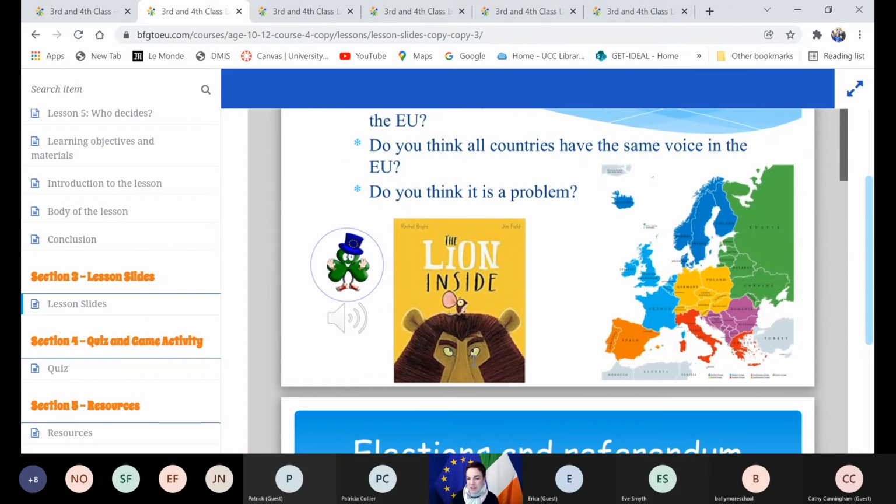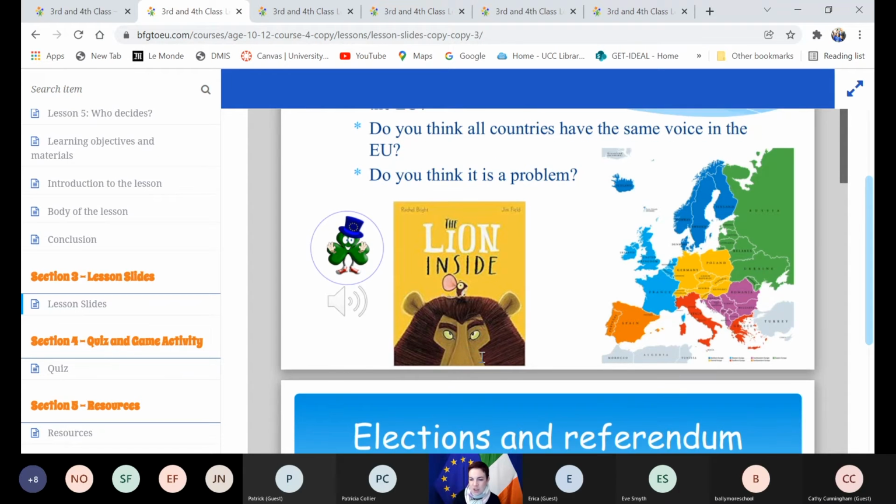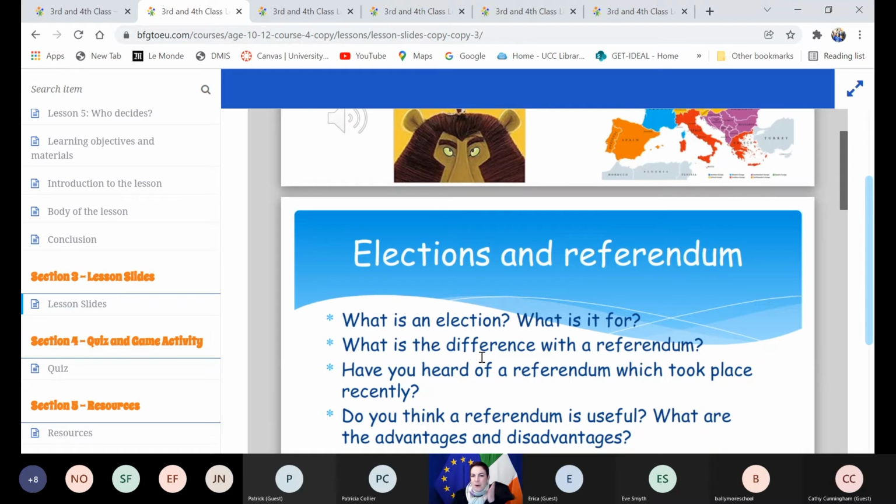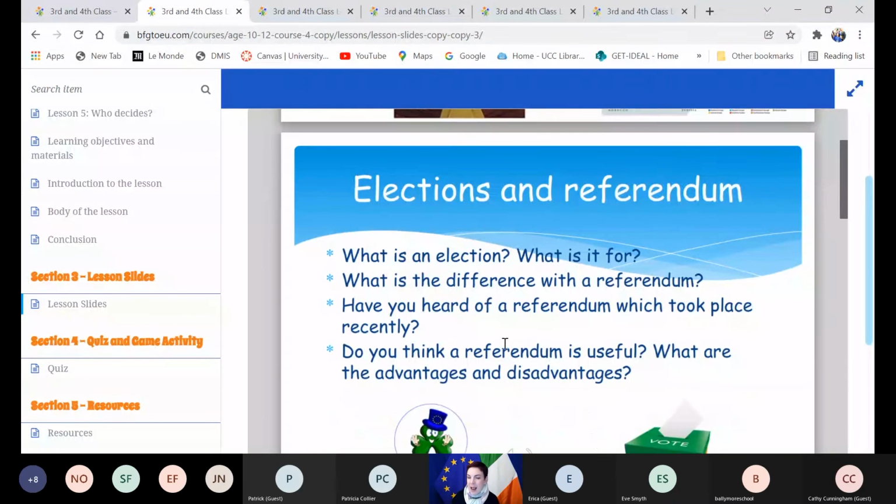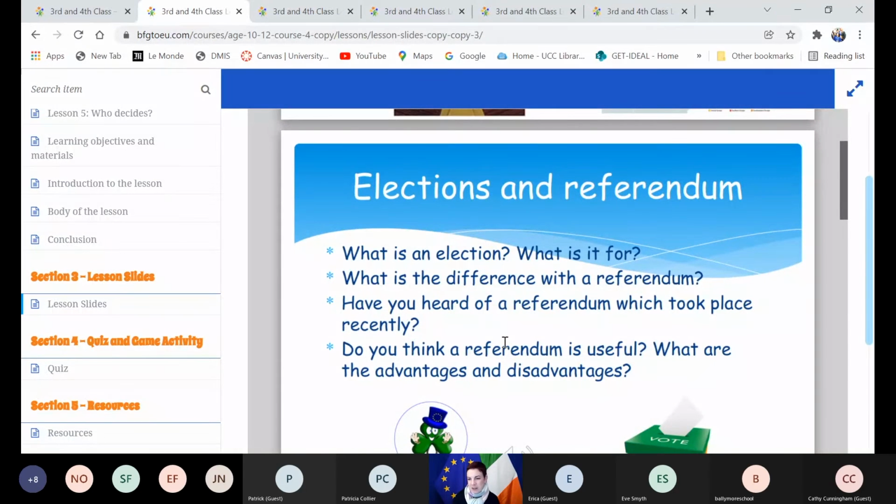So it's very interesting to use children's literature to get the children to draw parallels. And then we get into the concept of elections and referendums, and how are they different? What do you vote for in an election? What do you vote for in a referendum? And I think it's particularly important in Ireland because referenda or referendums are very often used, much more than in